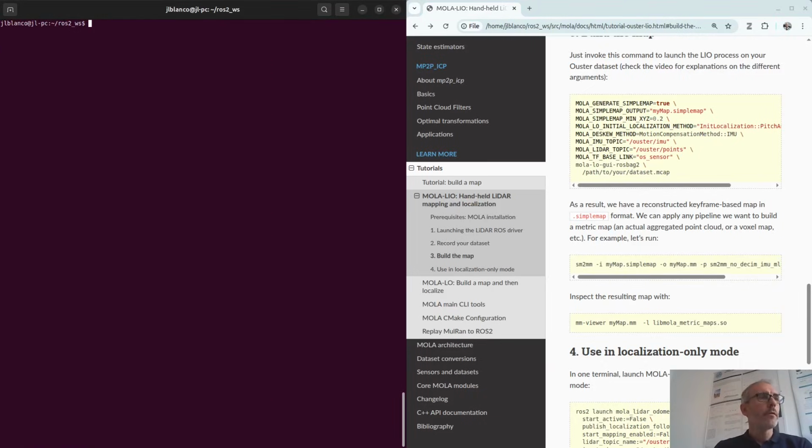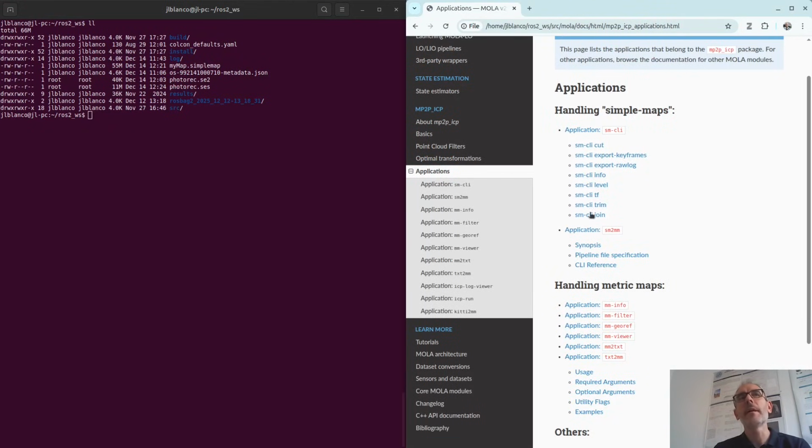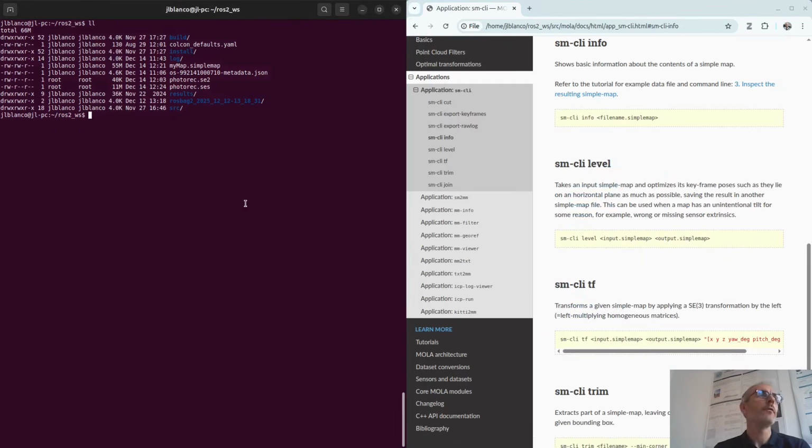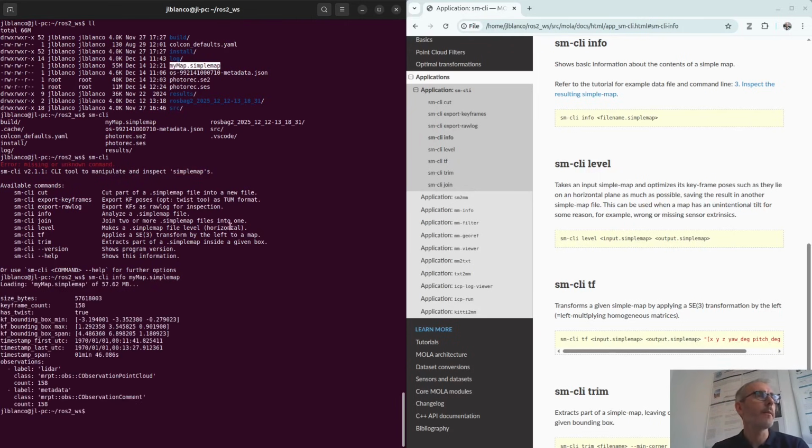We can also first check. So you have my map, simple map here. You have many programs to manipulate all these simple maps, by the way. For example, if I want to use SM-CLI, you have different options here. We can just, for example, see the information stored in this simple map.